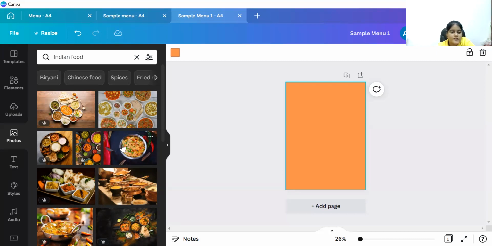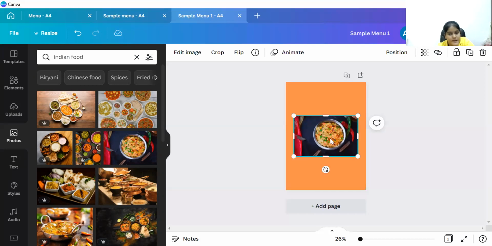So I'm going to click on this biryani picture. It has come on my screen. अब मैं इस फोटो के साथ कुछ भी कर सकती हूँ, साइज रिड्यूस कर सकती हूँ, इंक्रीज कर सकती हूँ. I can crop part of it. Okay, crop मतलब, you know, just like